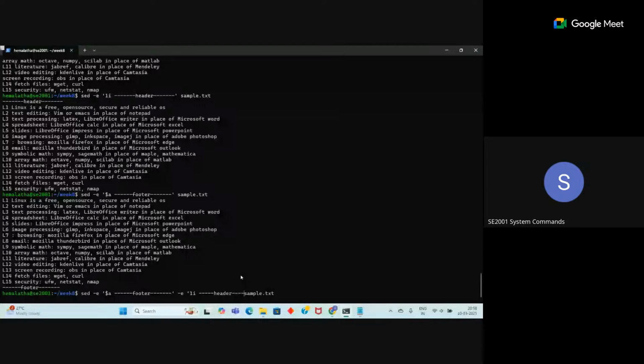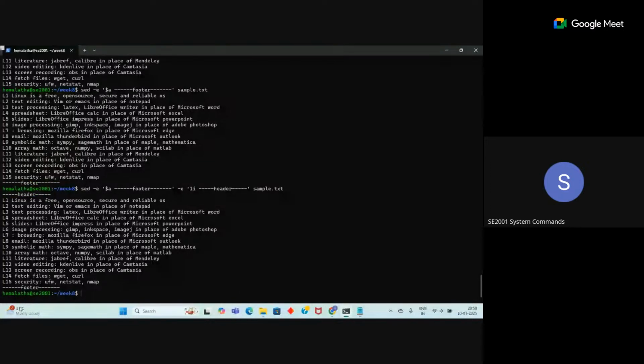I means insert before the line I have specified here. One I means insert before the first line. In the same way you can say append. Append means after the